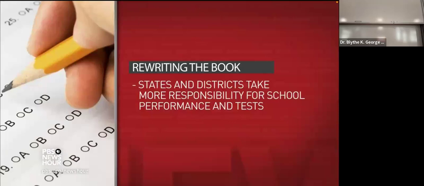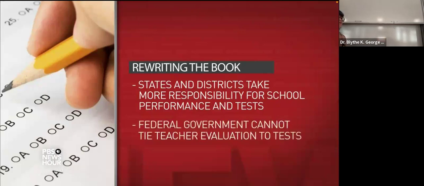Not many things that's important passed the United States Senate 85-12. And this is a big Christmas present from the Senate and the House, and it's going down to the president. And I hope he wraps a big red ribbon around it and sends it out to 100 million students and 3.4 million teachers in 100,000 public schools. States and school districts will now have more responsibility for judging how schools are doing and how to utilize testing. Teacher evaluations, long a subject of intense debate, will not necessarily be tied to tests.